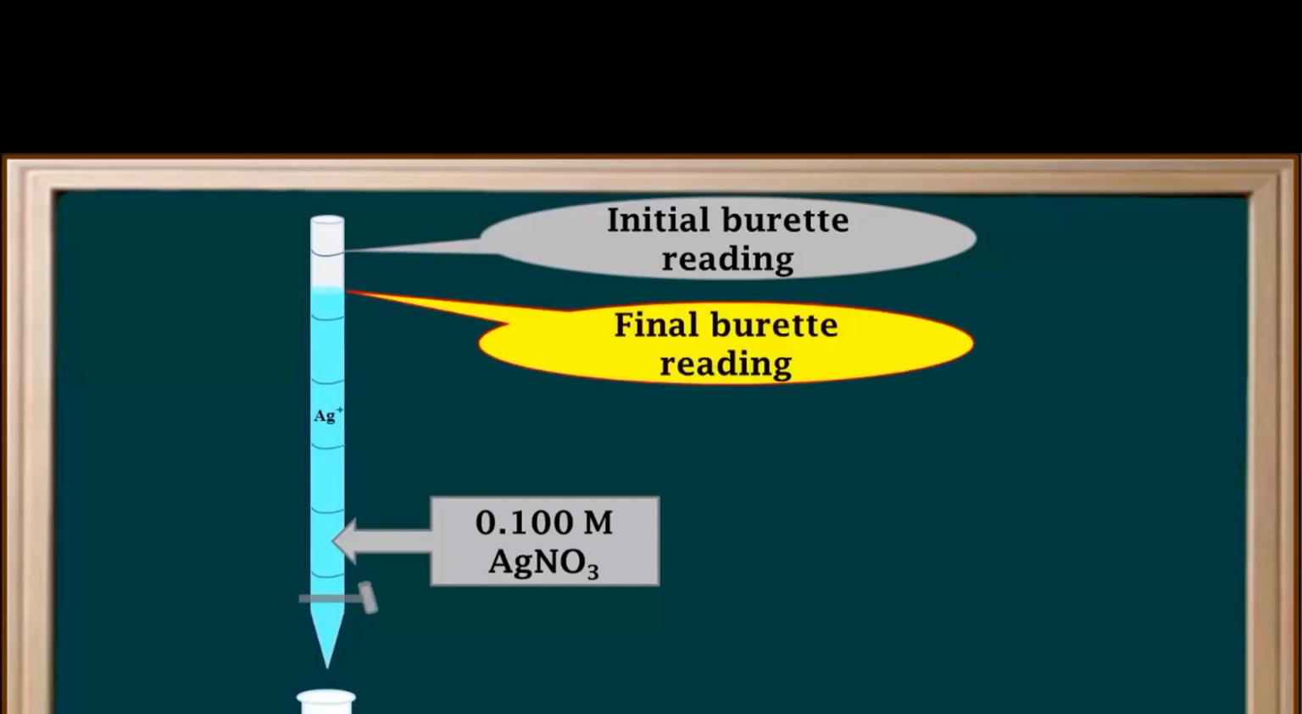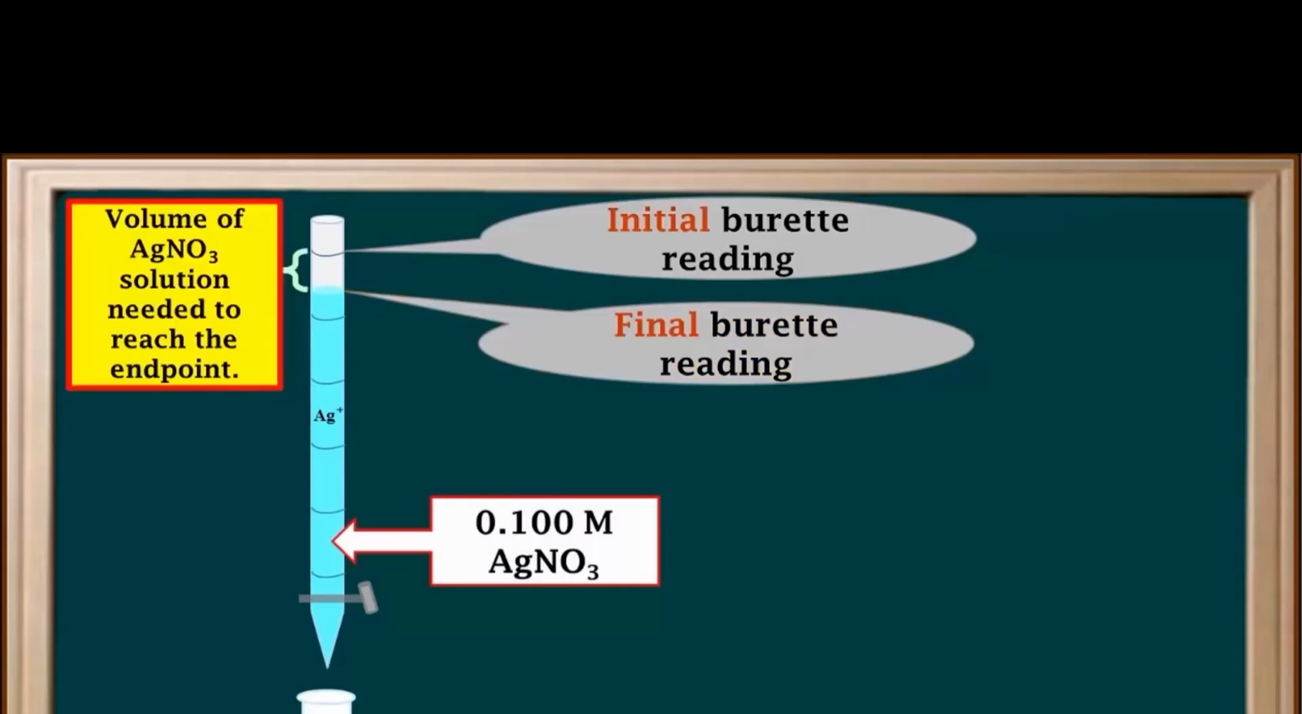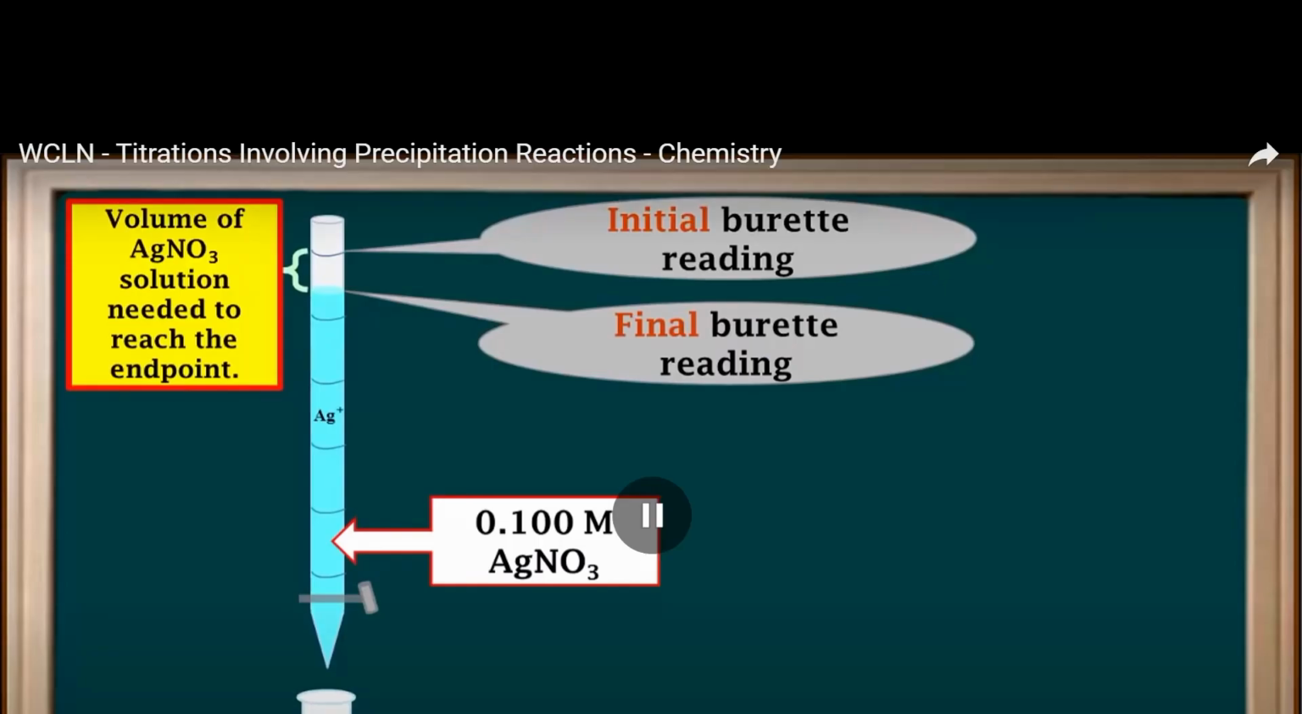As soon as the endpoint is reached, we close the stopcock, stop the titration, and record the final burette reading of the AgNO3 solution. The difference between the final burette reading and the initial burette reading will tell us the volume of AgNO3 solution required to reach the end point of the